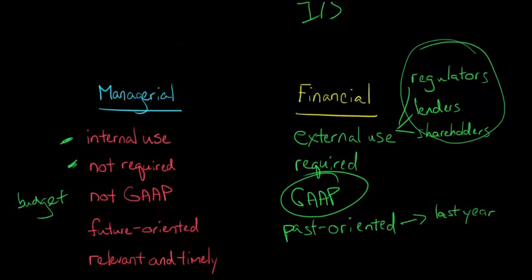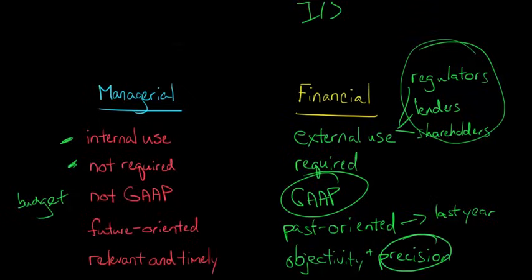But when we think about financial accounting, we're concerned more with objectivity, and then we can think also about not just objectivity, but precision, right? We want precise numbers, right? With managerial accounting, we're maybe not so concerned with exactly if we get the cost down to the dollar, if we get it right. We're really more concerned with, let's get those numbers now, and let's make sure they're relevant and help us make decisions.